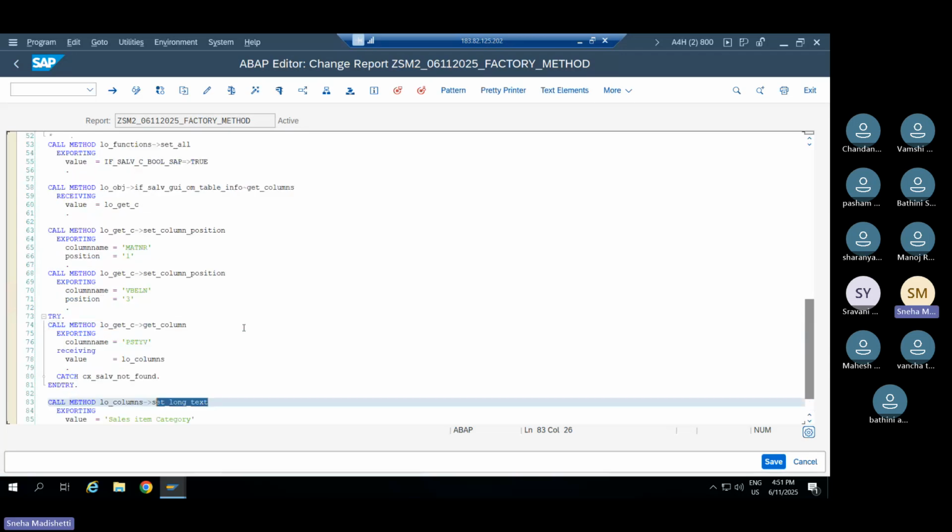So any doubts? Shravani, stop recording the session. So the